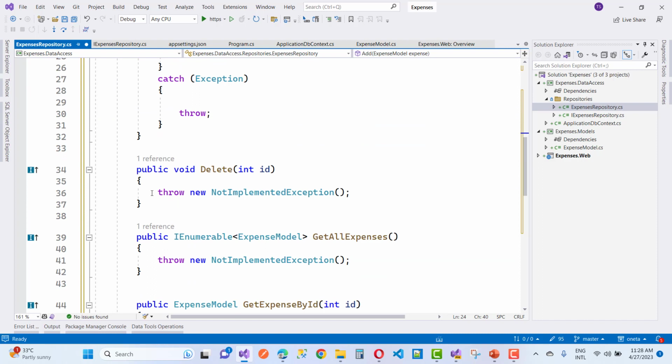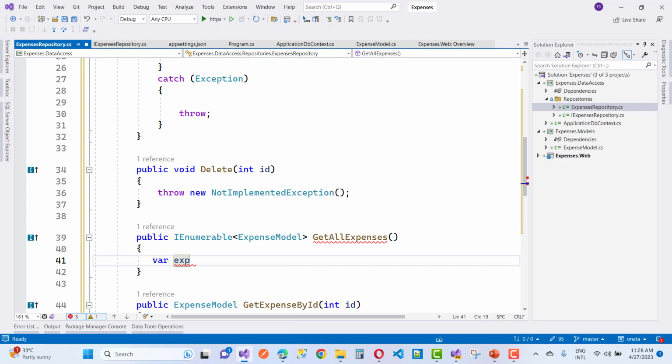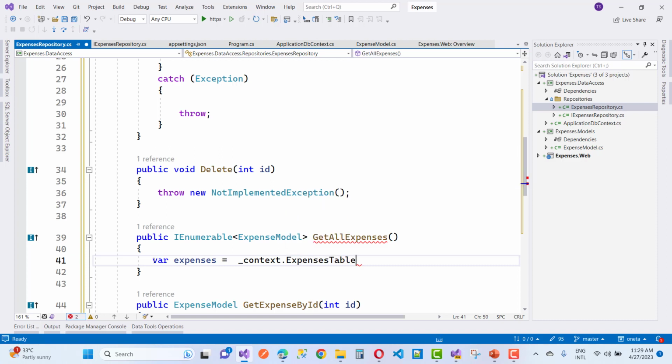Now in the delete action method, I want to get all expenses first of all, and get by ID. So you can say where expenses equals _context.ExpensesTable.ToList